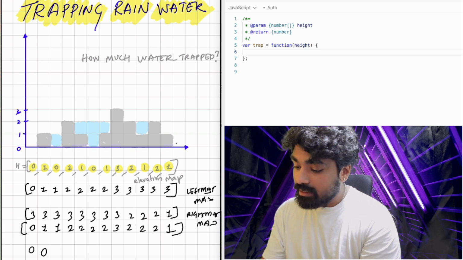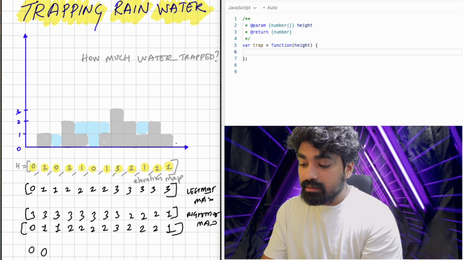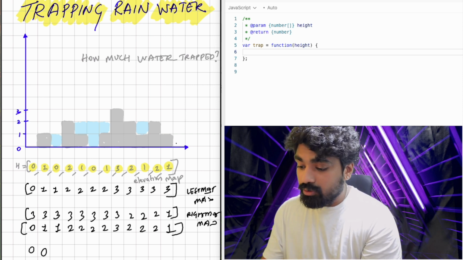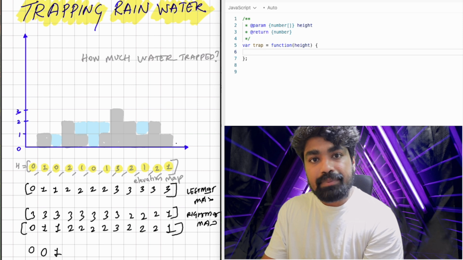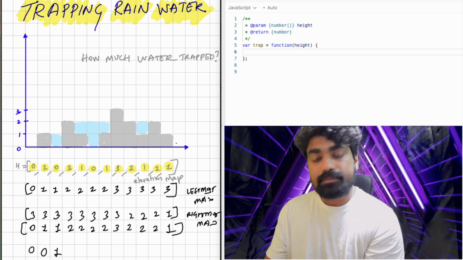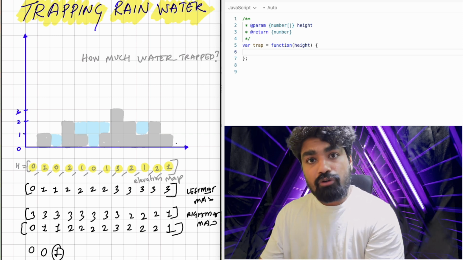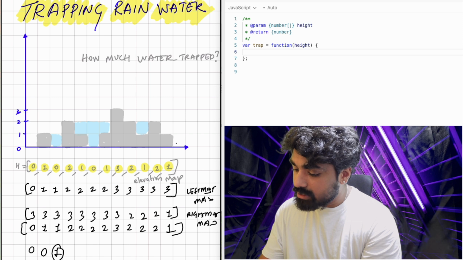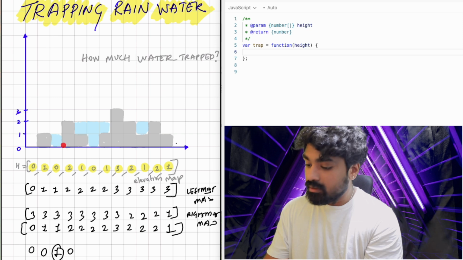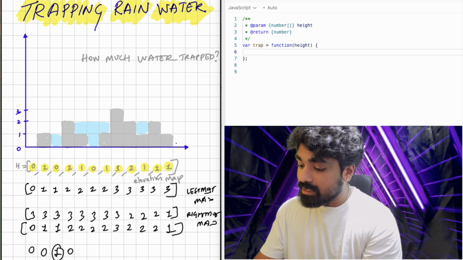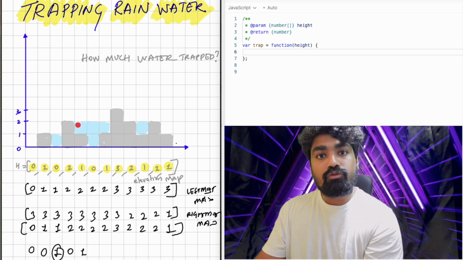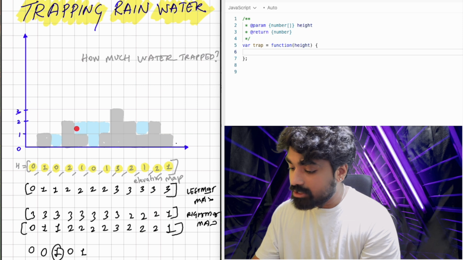Then what we will say is 1 and this 0. I will subtract this 2. I will get 1. Now you can notice here that within this gap you have water that is being stored, and we got 1 here. Then I will again go forward and I will say 2 minus 2, which is 0 again. I see there is no water being stored here. I will move forward. I will say 2 minus 1. I will get 1. You can see 1 block of water that is getting stored here,